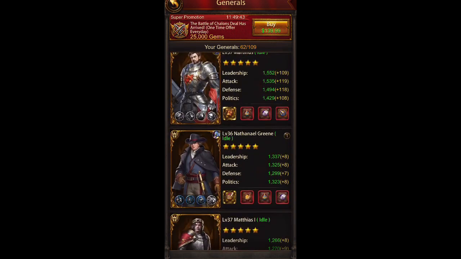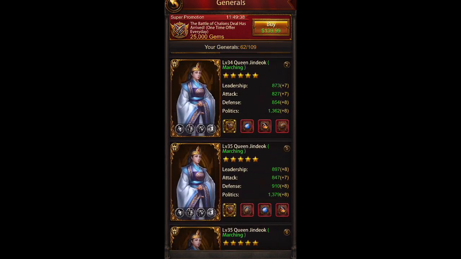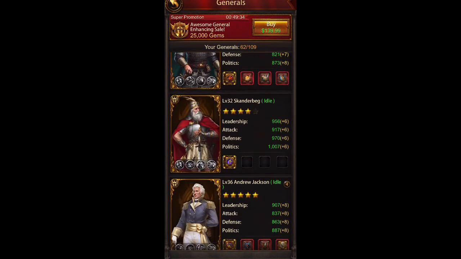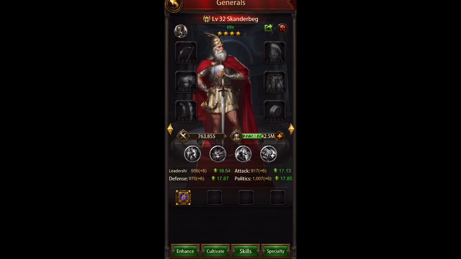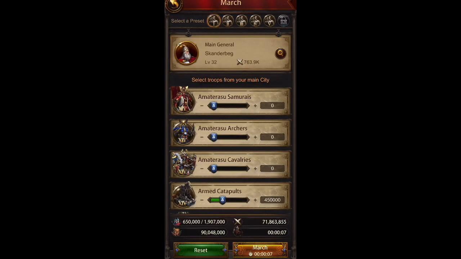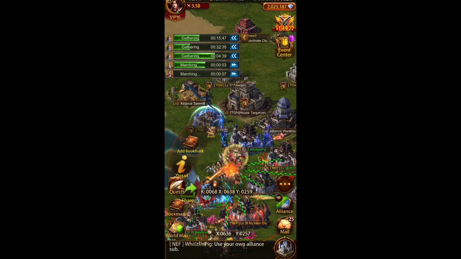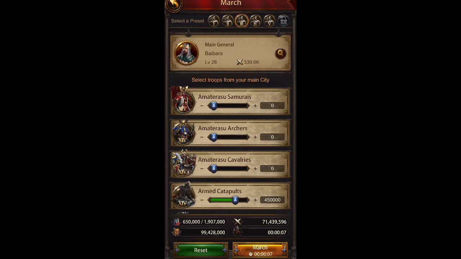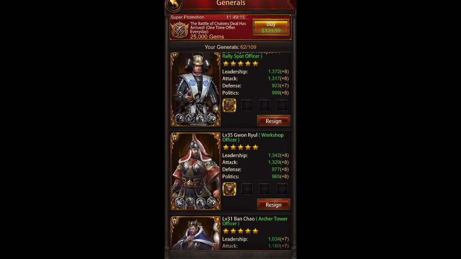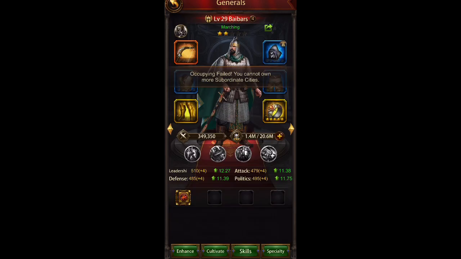So let's find Caesar. Oops, he must have moved up with experience, so I just hit. So there's Skanderberg. So he has 27.5 million experience right now. Let's send him in. And we will check him out now. Now let's see how much experience Skanderberg has from 1 hit on a gold. He went from 27.5 and now...